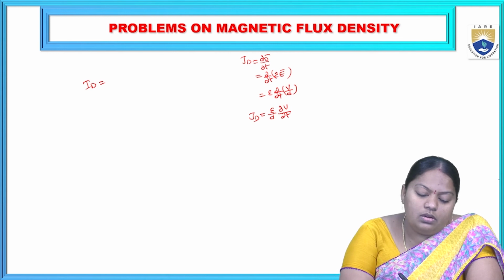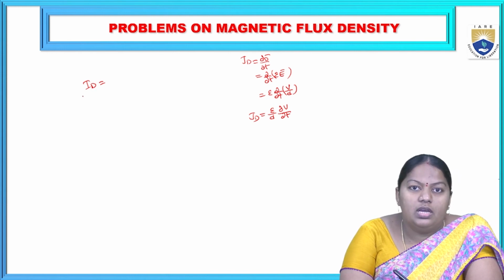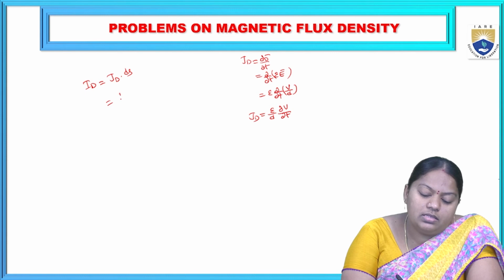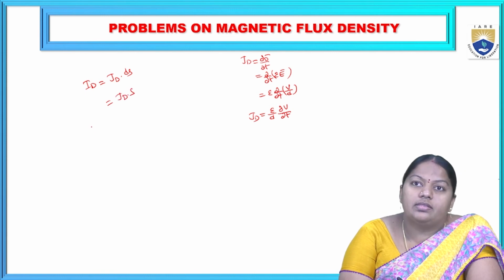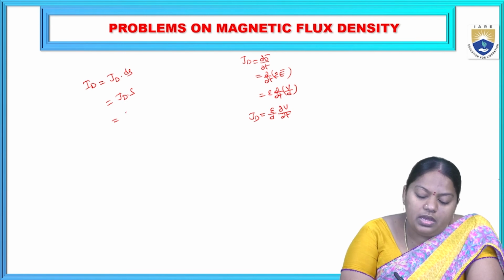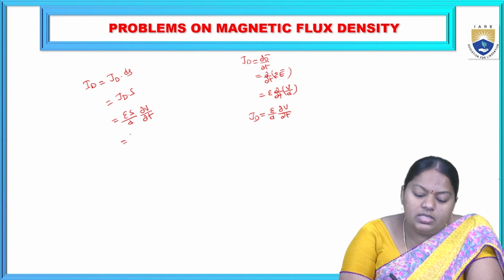So now we are going to evaluate the value of displacement current, and in terms of current density it means JD into dS, right? So this dS is replaced by S, hence JD into S. In place of JD, if we substitute epsilon S by d into ∂V/∂t, which is equal to